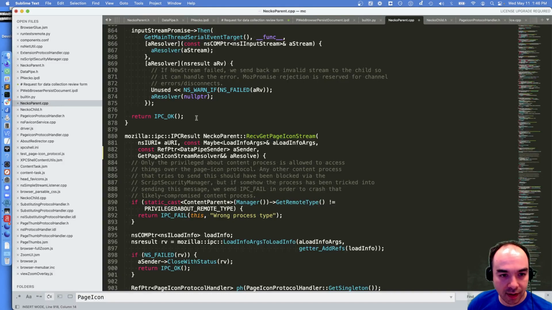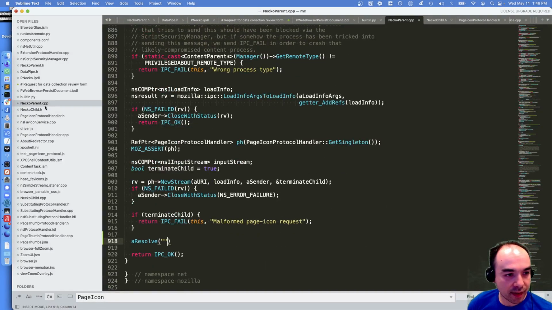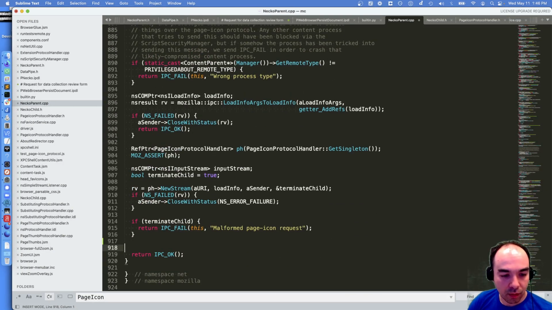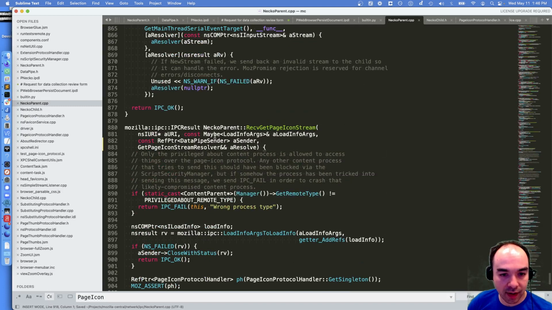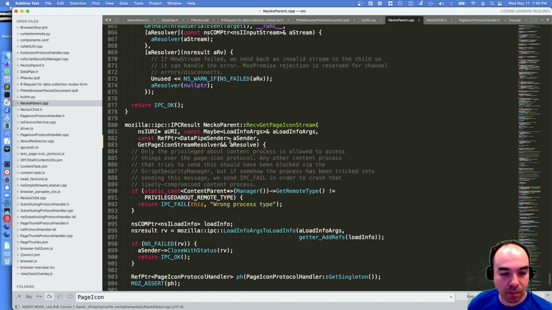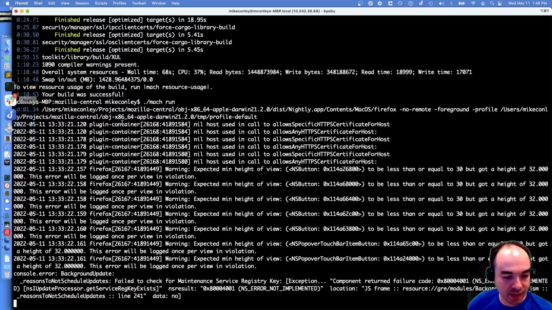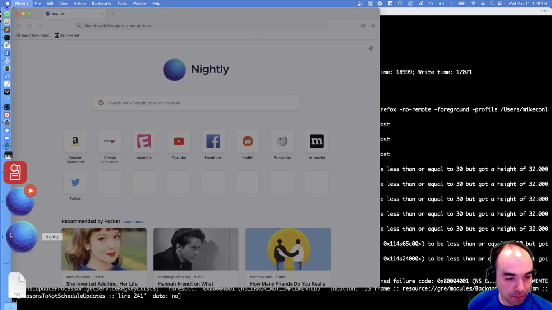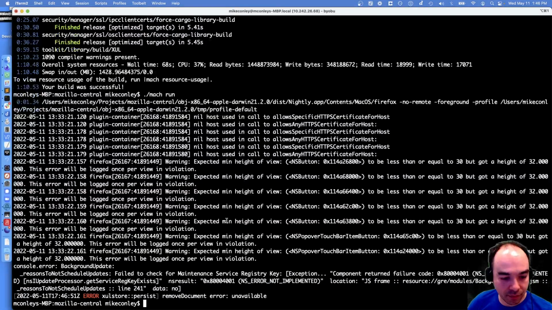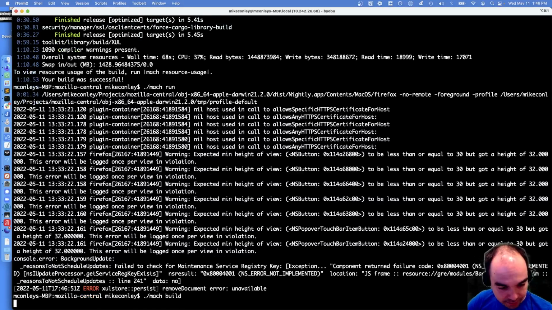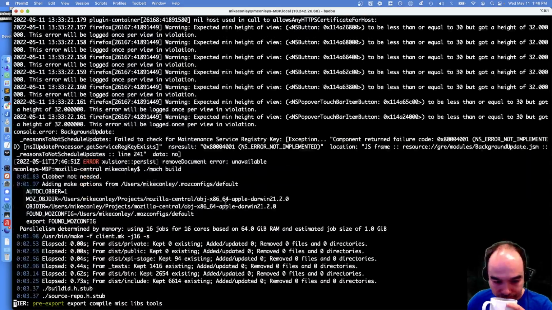Could I just write it in? I'm curious to know what the generated header is actually going to look like. Let's just build this for now and see what happens. This is going to take a second, because it's got to regenerate all the IPC stuff. But I'm really curious to see what header gets generated.